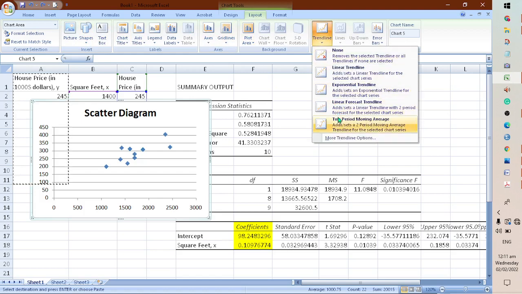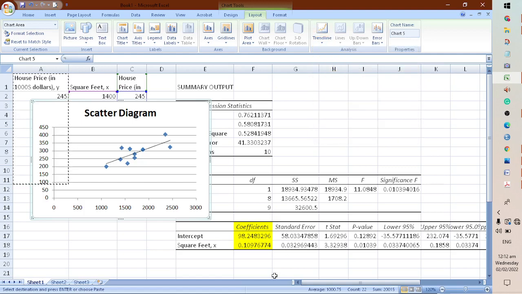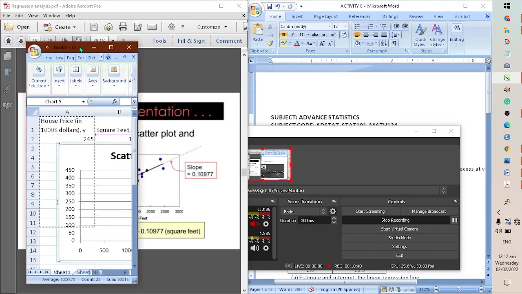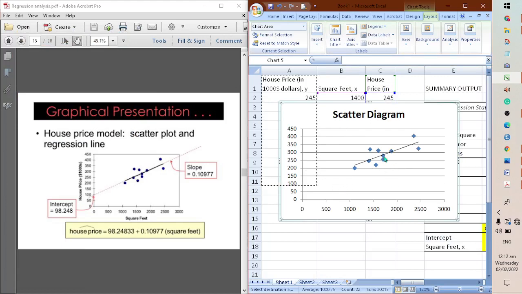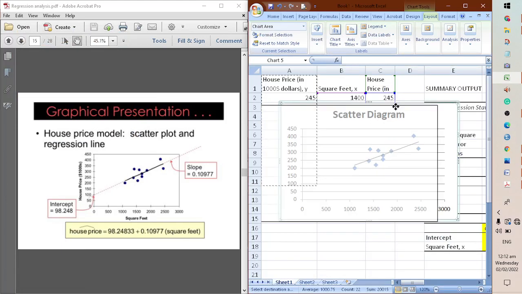Okay, so this is what I'm looking for. The trend line. Okay, I'm going to add a trend line, linear trend line. Okay, so that's the linear trend line. And it's the same as our PDF. Look, the same, right? It's increasing. So the slope here is the,